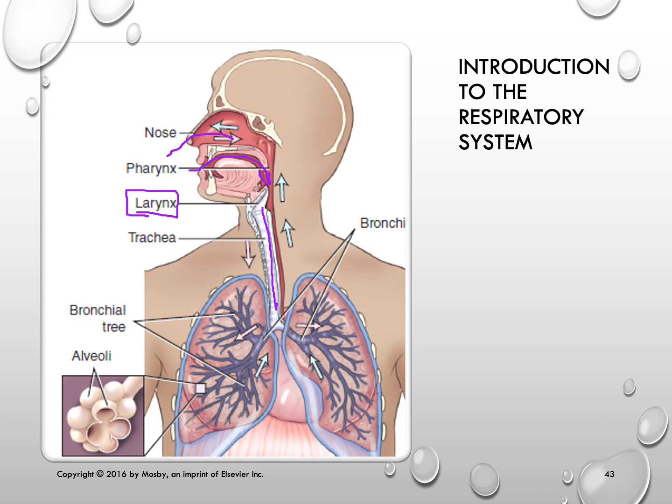Okay, so it's going to come down the trachea, and then the trachea is going to make a little upside down Y, and that upside down Y is called a bifurcation, and there's a special term for where the trachea branches into left and right bronchi, and that is called the carina. Okay, so once the air travels down the trachea and either to the left or to the right, this is happening simultaneously, right? As we take a deep breath in,